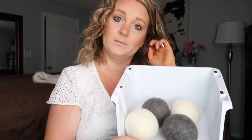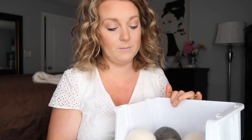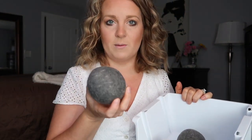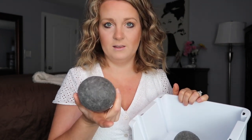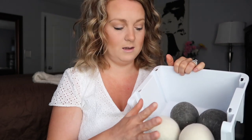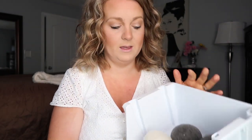The next one is dryer balls. I'm obsessed with these. I got a big pack of them again on Amazon for I think $13 or $14. I dropped some of my lavender essential oil in these and put 2 of them in the dryer at a time. And I don't use dryer sheets anymore. This eliminates as long of a dry cycle as my